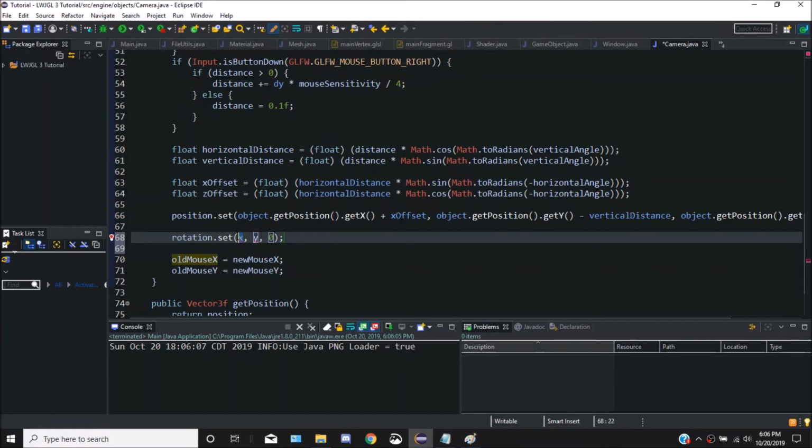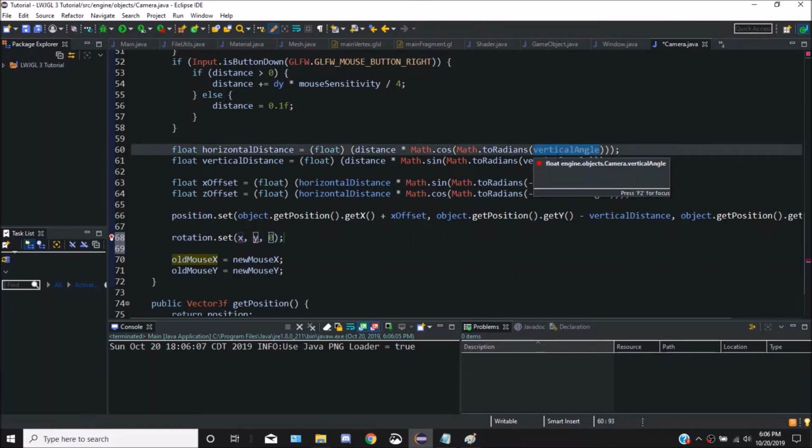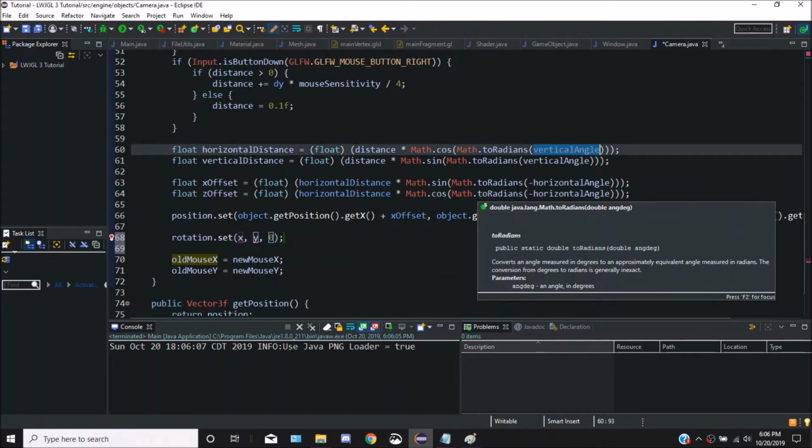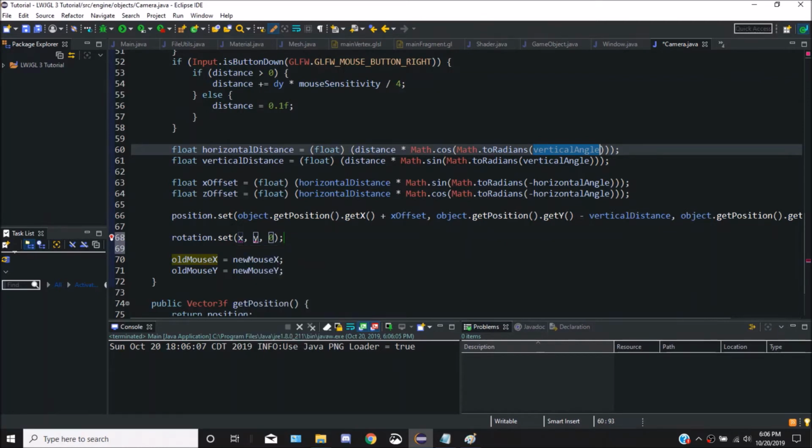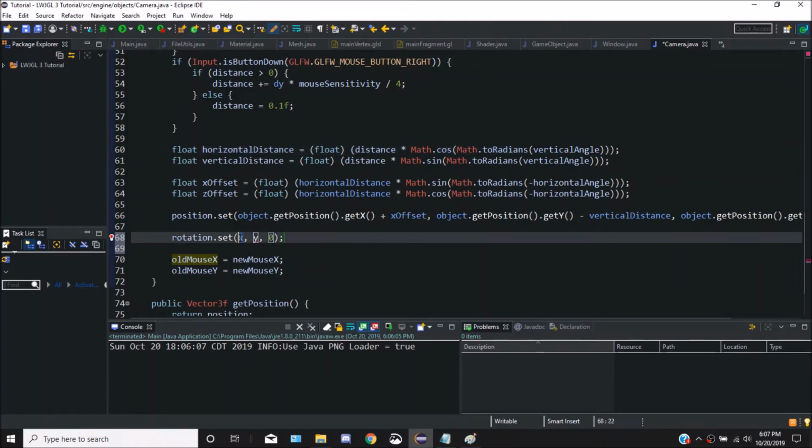So weirdly enough, the X value we have to use to change it is the vertical angle, and it's because vertical angle is looking up and down, and the x-axis, just imagine like you're holding a pin, and you're setting another pin in the middle of it. I'm doing this myself, but you can't see it. If you rotate the pin in the middle, as you can see, it's going around that horizontal pin, and that's the x-axis. So we just have to put the vertical angle in here,